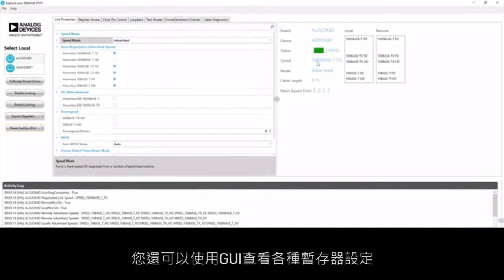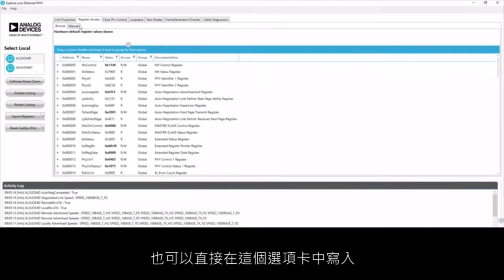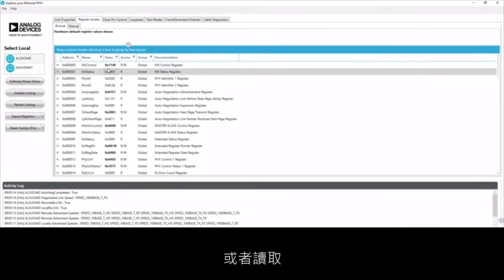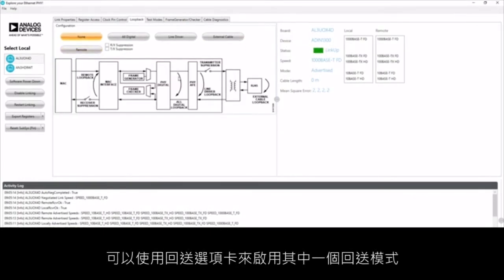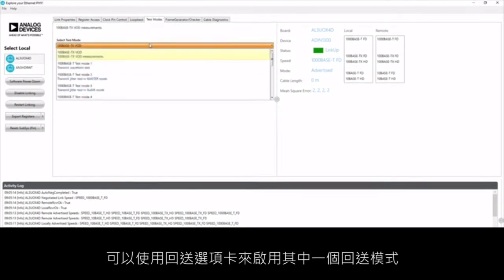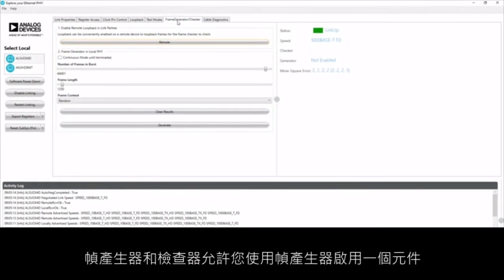The GUI also allows you to have a look at the various register settings and change them as needed. You can also do a direct write in this tab as well, or read. The next tab allows you to control the clock features. There's a loopback tab that allows you to enable one of the loopback modes. The test mode tab allows you to choose from a drop-down option of various test modes,